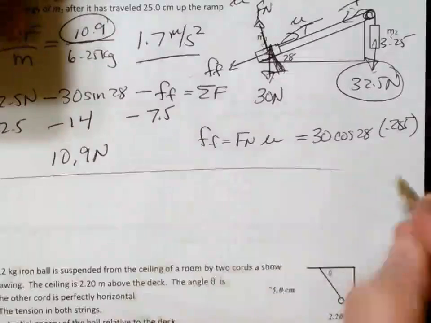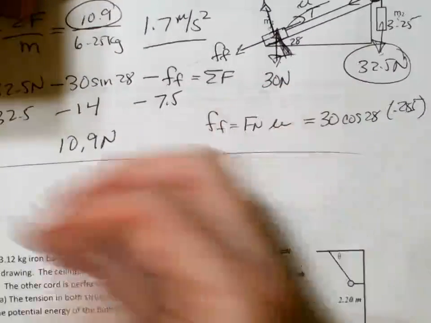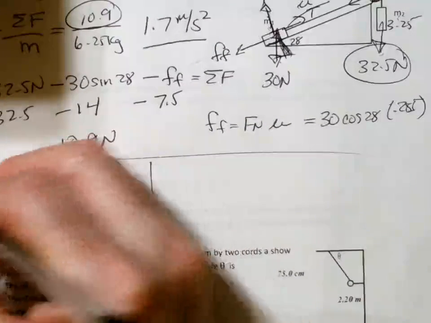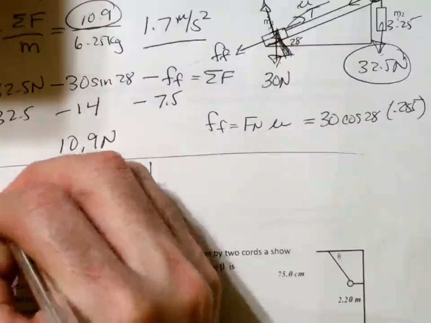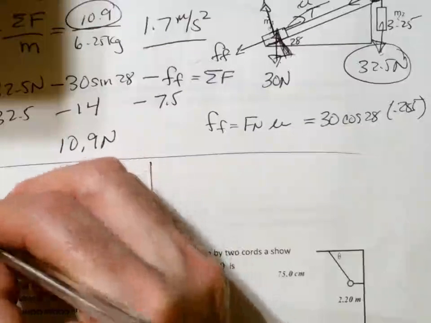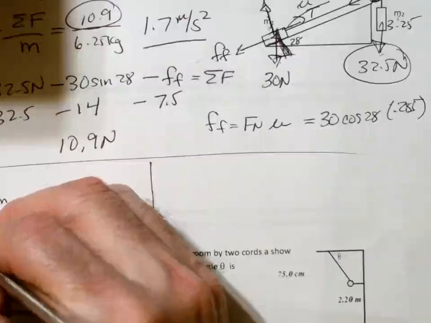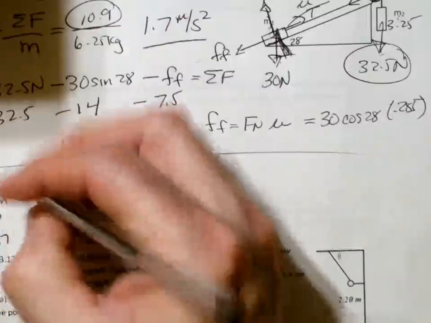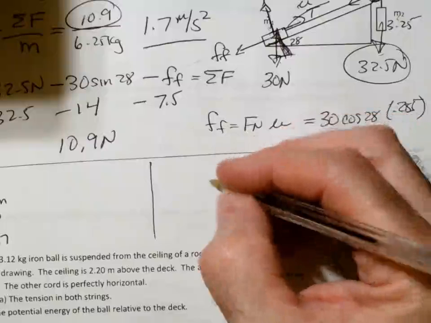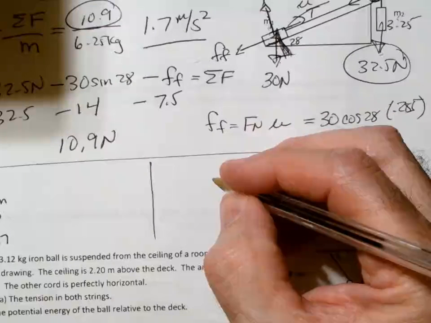So there's a couple of ways to do this. One way we could do it is we could solve for the final velocity after 25 centimeters. So we could say x equals 0.25 meters, and the initial velocity is 0, and we don't know the time, but we do know the acceleration. It's 1.7. And we could solve for VF using UAM, or we could use the work energy theorem, which says,